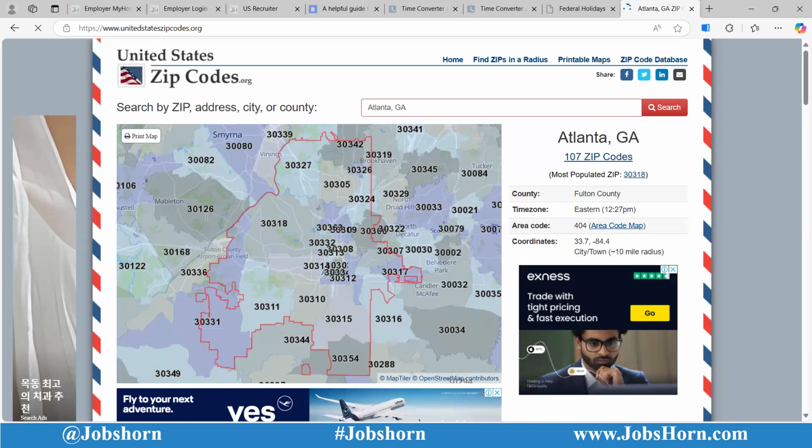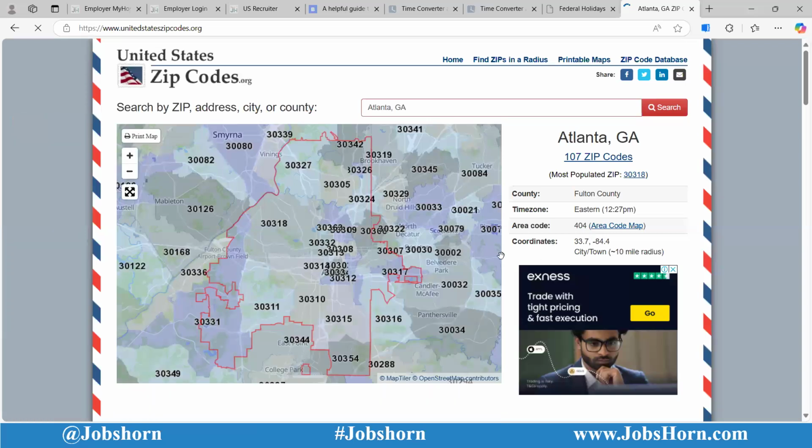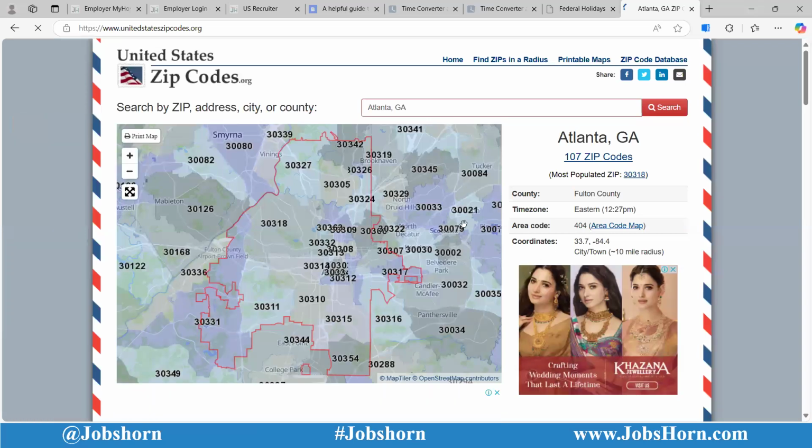Here we can see some zip codes for different areas in Atlanta, Georgia. From the different local areas, we can search the zip codes. You can see more information here, like it is located in the eastern area, and the area code is 404. We can see more information about the candidate's location.